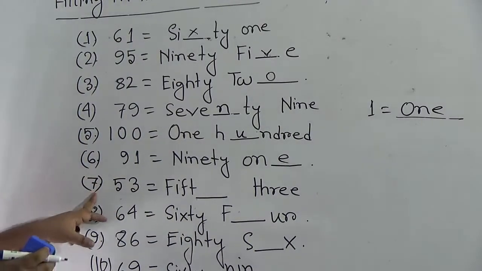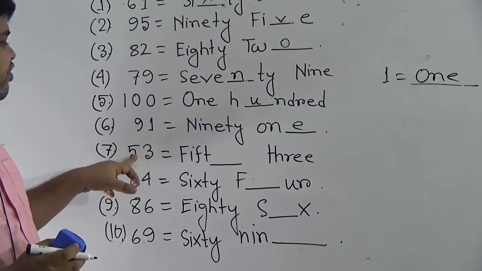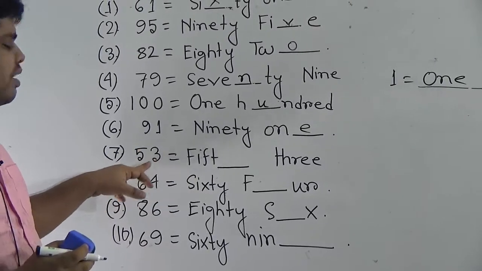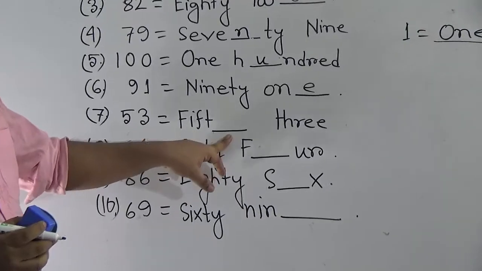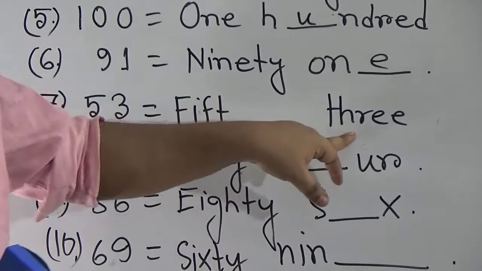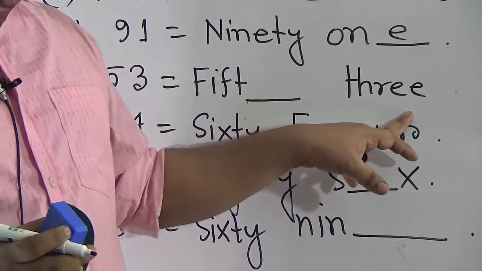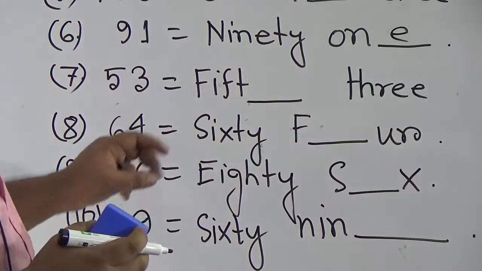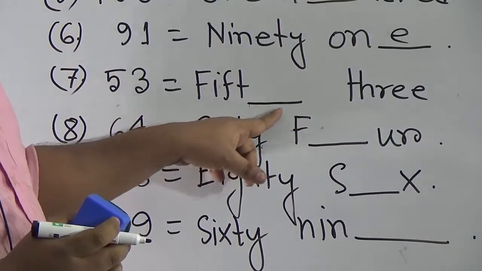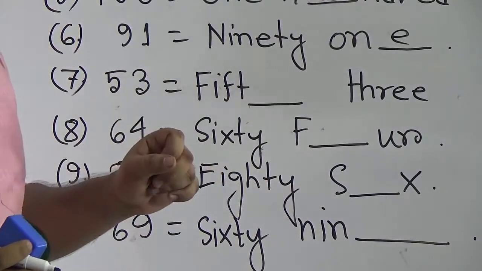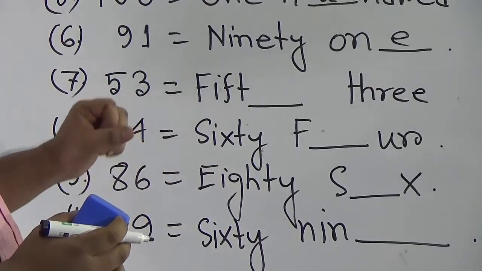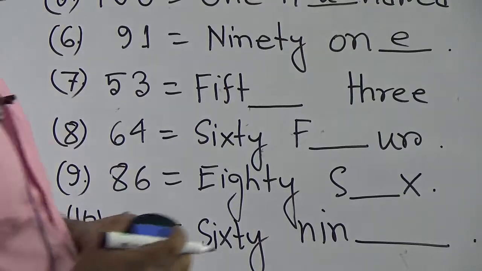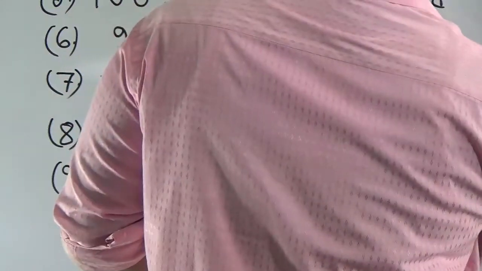Next we shall solve question number 7. Here 53, FIFT dash THREE. Here 3 is a complete spelling, but here FIFTY. So 1 letter is absent. So in order to find out the answer, we need to know the spelling of 50. So write 50 first. FIFTY,